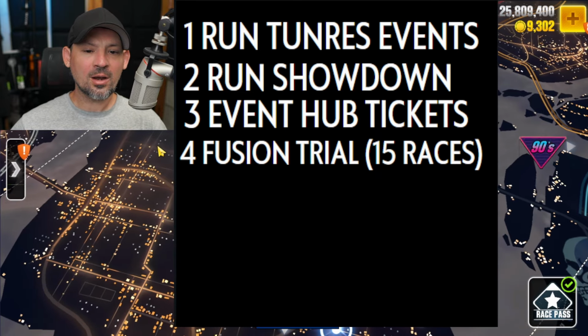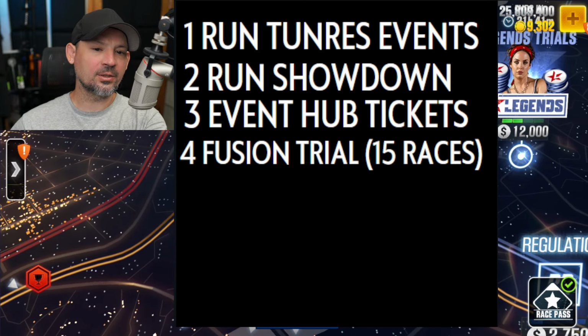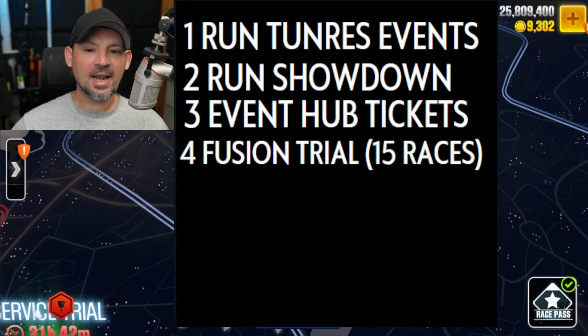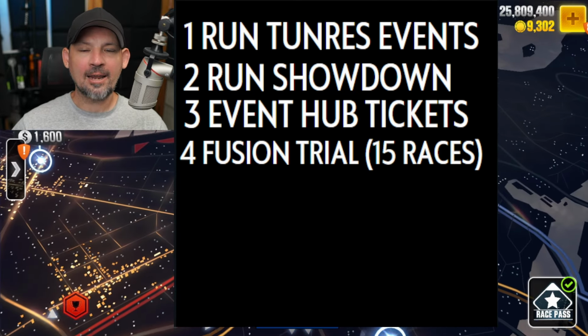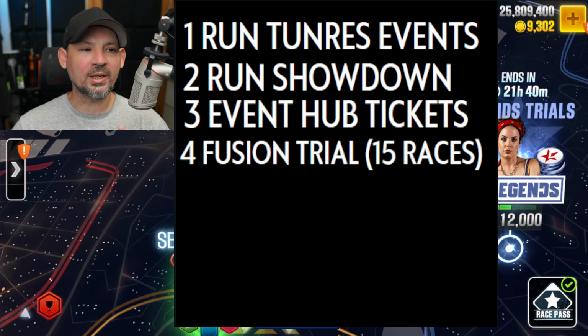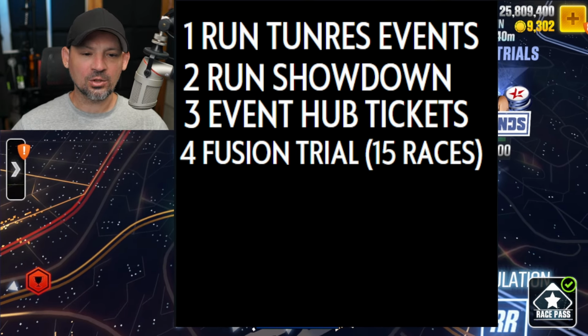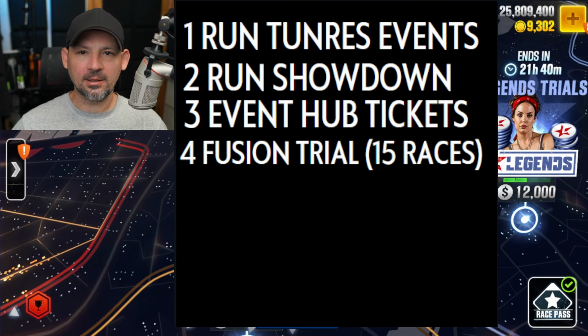So if you go out to your map and you go up to the top right-hand corner, like right there we have a service trial. We don't actually have one of these on the map right now, but a couple times per season, a Fusion Trial pops up, and this one will allow you to earn green tokens only. Unfortunately, it's not there, so I can't show you, but it'll be a little 15 race deal, and once you